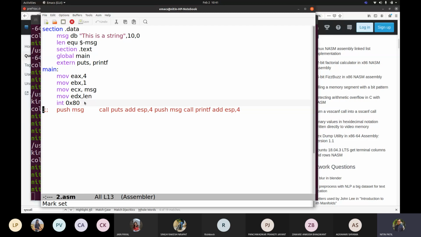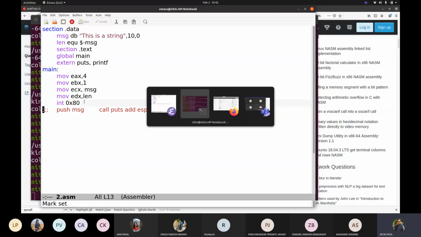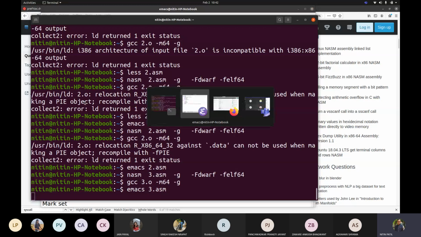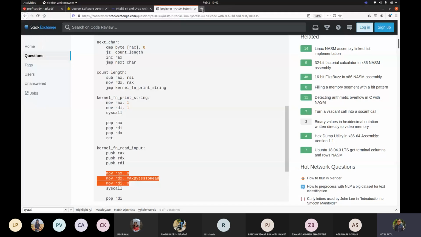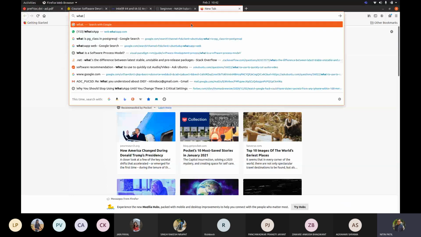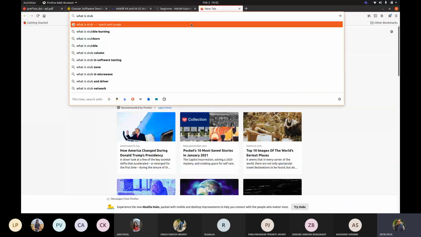Now when this kind of assumption is there, if a file is given to me, how shall I check whether the file can be translated by me, either as object code or as an executable? So every file format is going to have some file header, and it contains one more thing. Let us talk about what is stub.